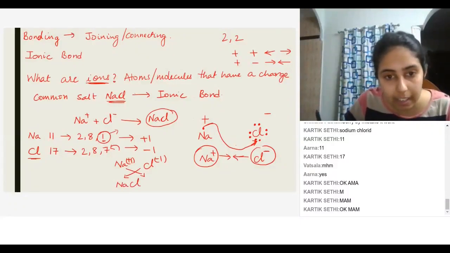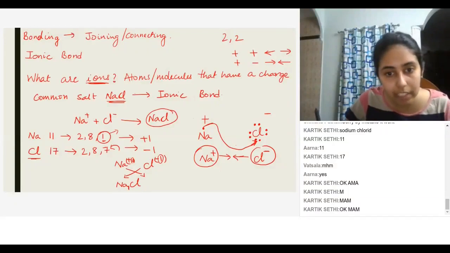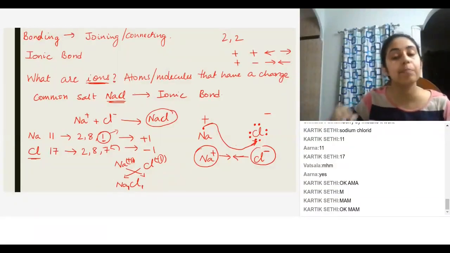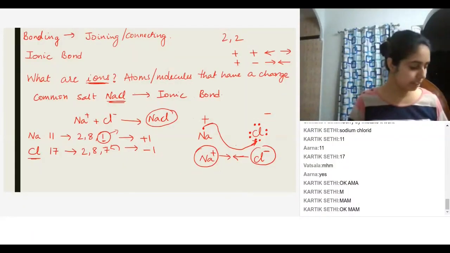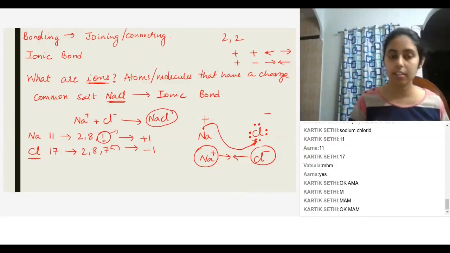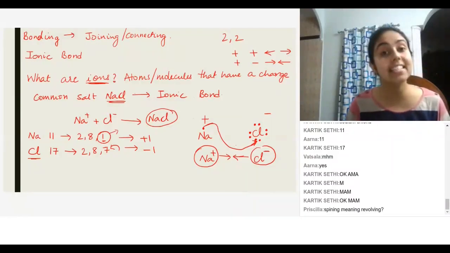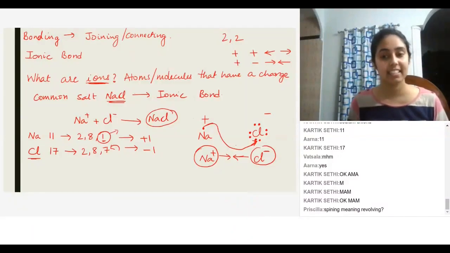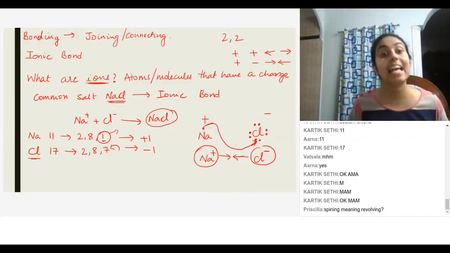This one will come over here and this particular one will come over here. So NaCl. Let me give you another example so you'll understand it better. Ma'am, so whenever the positive charge of Na and the negative charge of Cl attract, the signs get cancelled out. Yes, the signs get cancelled out. Excellent. So does that mean that the signs don't matter, no matter which charge they are? Yes, that is right. The signs don't matter.